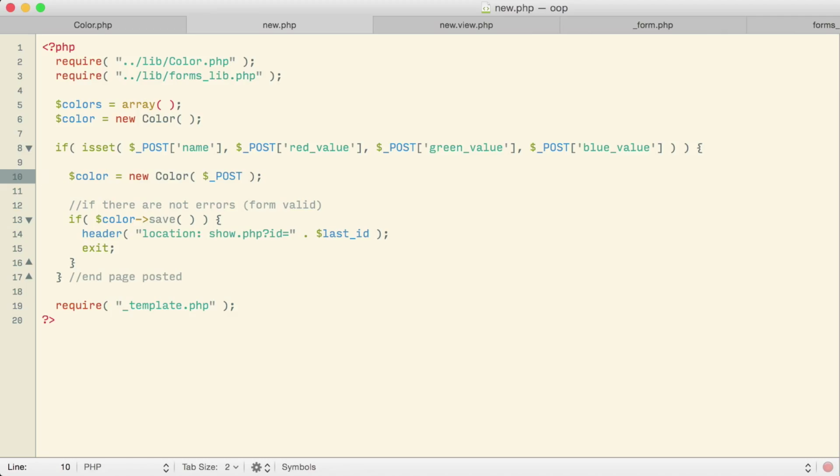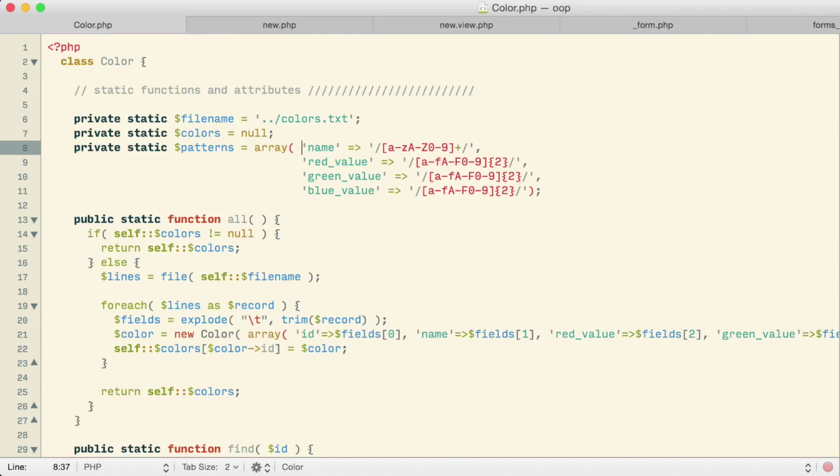Now, how are we actually going to make that happen? Well, there's again going to be lots of different options, lots of different ways I could potentially put this together. But what I think I would like to do is set up my color class so that whenever a new color is added, I really just want that color to be added to the list of all colors that I may have already loaded from my file. Then I'll have the class itself take all colors and save them back to the file. So my thinking is that every time a new color is added, every color gets rewritten. The entire file gets rewritten. The reason I want to do it that way is I think that will probably also make my job of doing the update page the easiest, because I could reuse more of that same code.